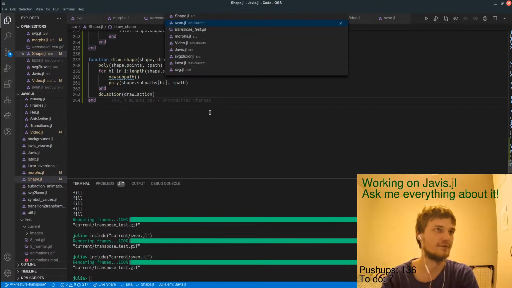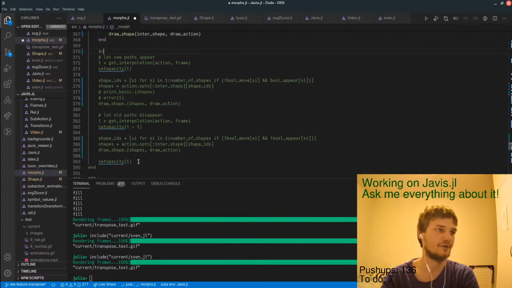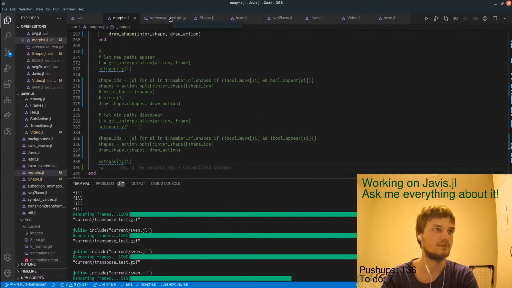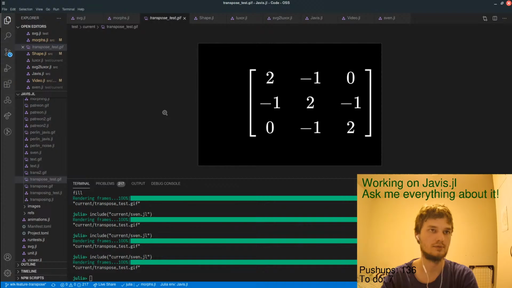Let's figure out where this line appears. So if we don't let anything appear, yes.